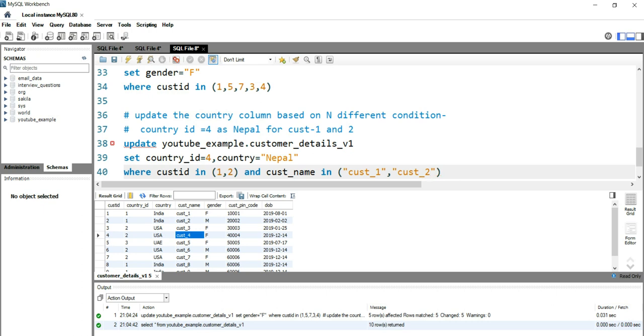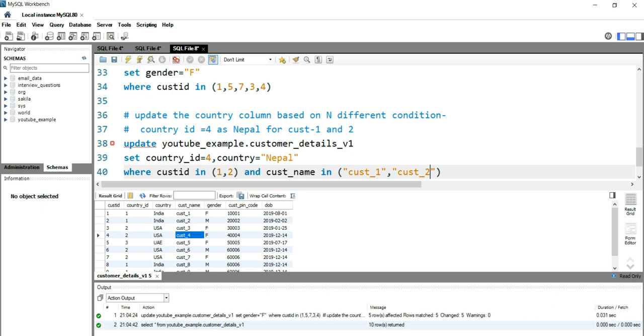but it will not, because our customer ID in 1 and 2 is the primary key. There might be a possibility that customer 1 is a repetitive name. So right now in this table I have put cust1 as a sample, right? So for example, my name is Atul. There might be 100 of Atul present in a table as a customer name.